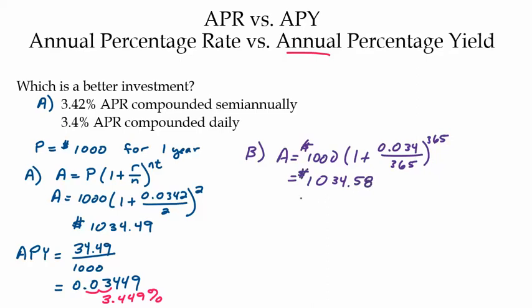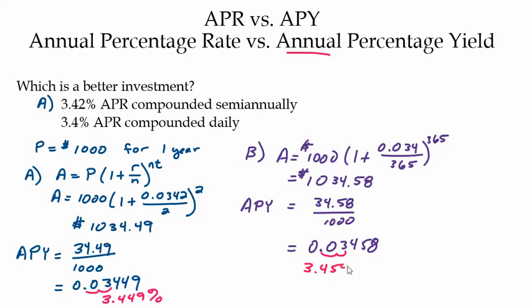Well, we can see right away here that we've made slightly more money on this one. So for the APY, we would find that our yield here for a year is $34.58. Divide that by 1,000, and that's going to give us 0.03458, and then we'll move our decimal 2 places to the right to change it to a percent, and we've got 3.458%. Now generally you'll see APY probably to the nearest hundredth of a percent. So this one would be 3.45% APY, and then investment B would be